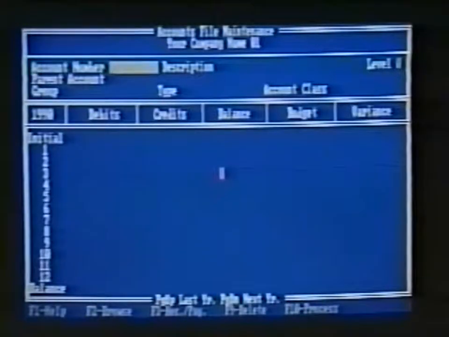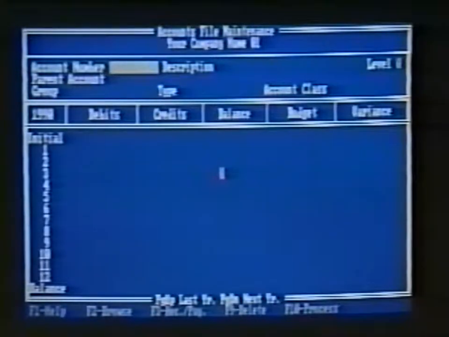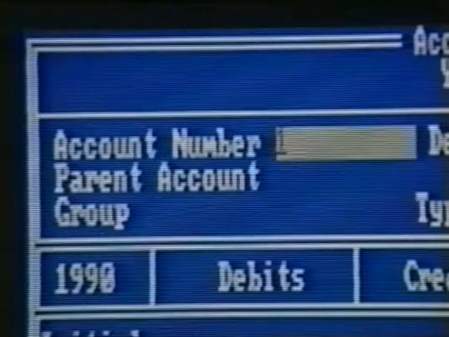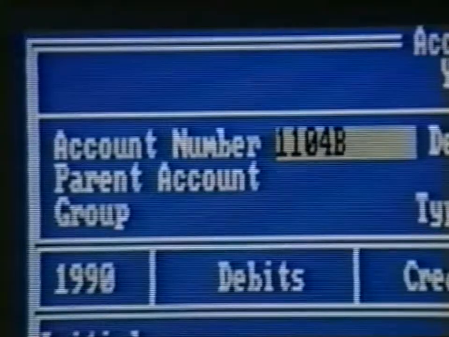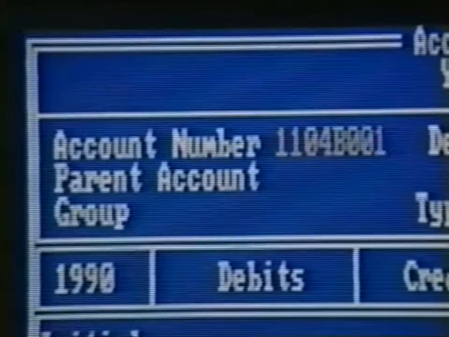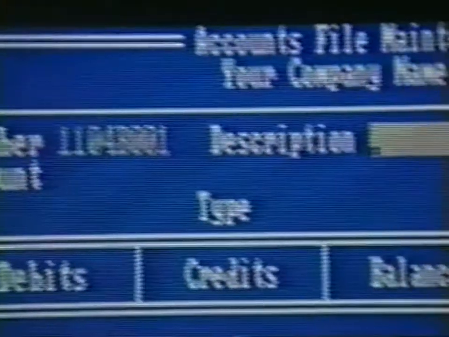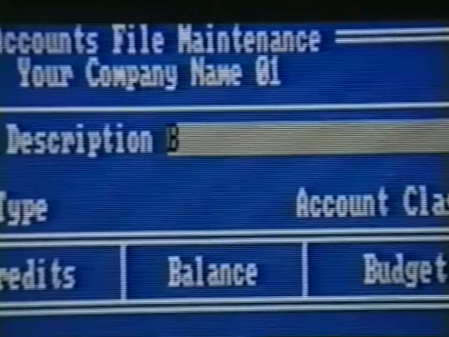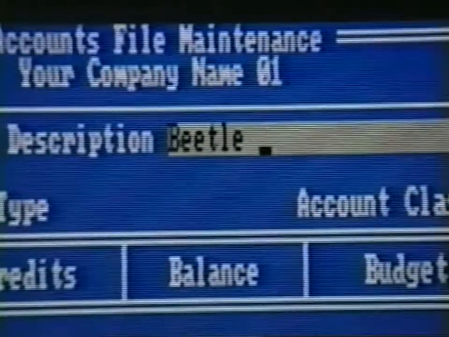However, since we are creating a new account, we'll not use any current account at this time. Instead, we'll use the Pacioli 2000 chart of accounts for ideas on constructing customer account numbers. Since this customer's name begins with the letter B, we'll use this account number that matches with the Pacioli 2000 chart of account numbering system. Next, enter up to 30 characters as a description of the company.